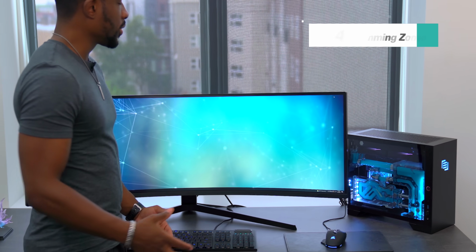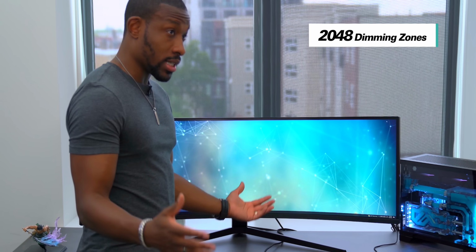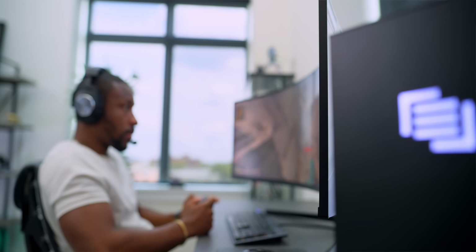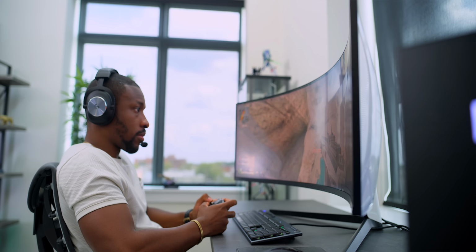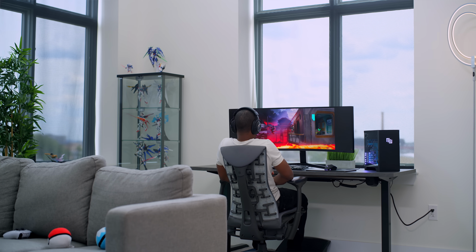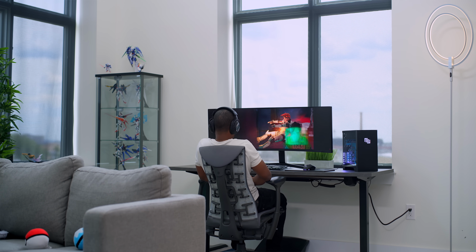What does that result in? You get way more dimming zones. Basically, you're gonna get a lot more control when it comes to lighting. So you're not gonna get as much haloing. You're gonna get better contrast. Basically, when it comes to lighting this monitor, things are gonna look a lot cleaner,